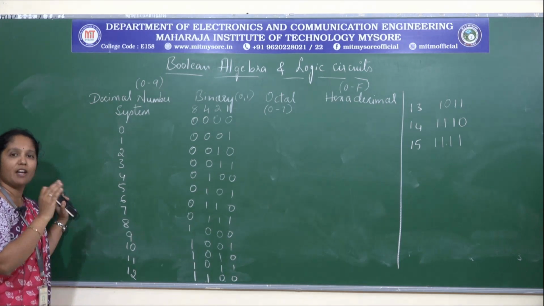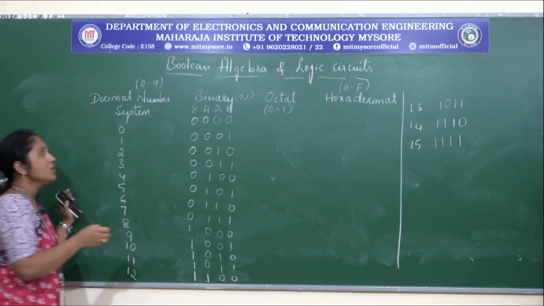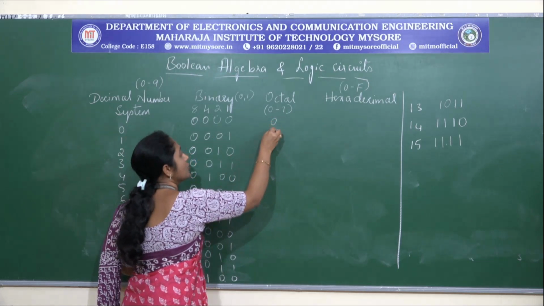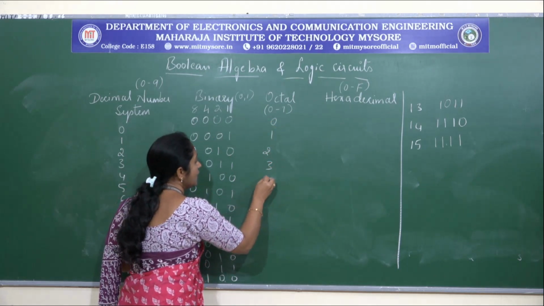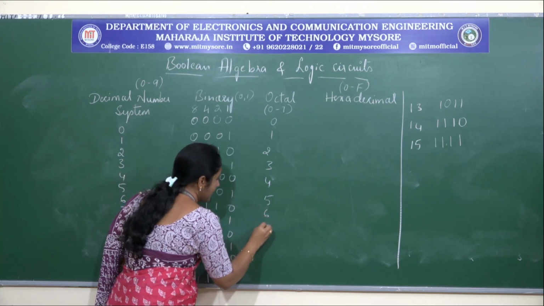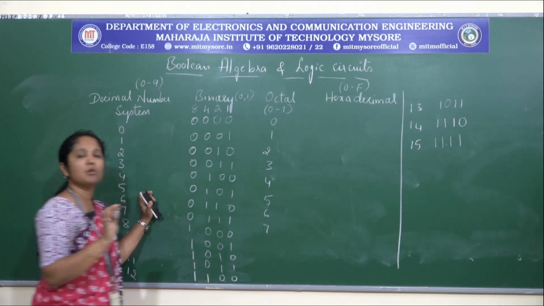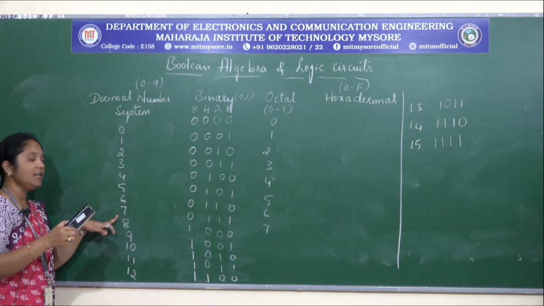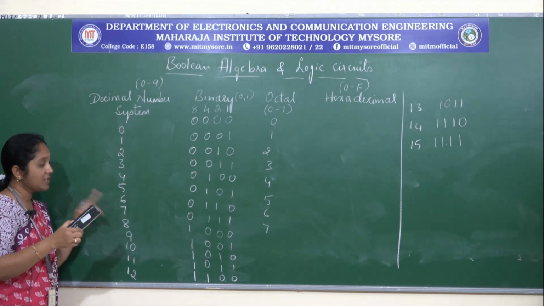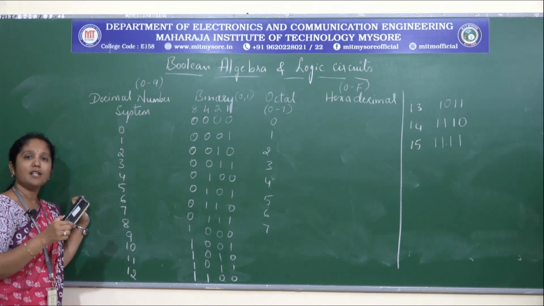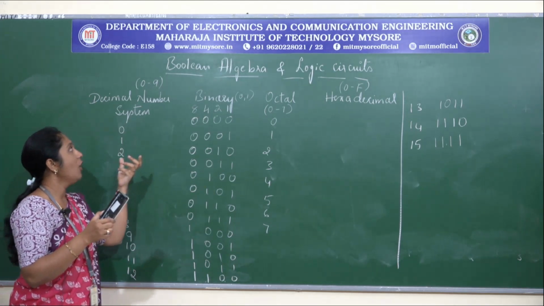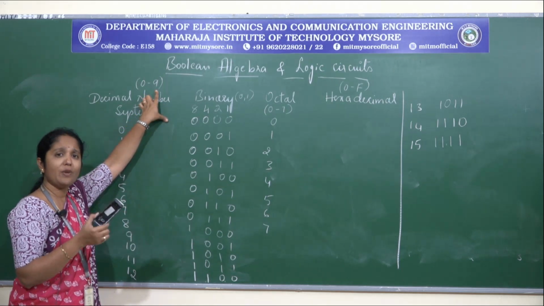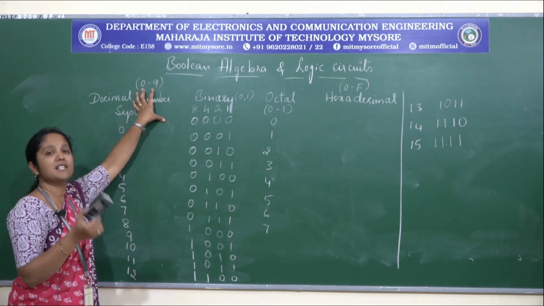So we need to be careful while writing the number. In octal representation, how do we write? We write 0, 1, 2, 3, 4, 5, 6, 7. Up to 7 you need not worry. You just write as we write in the decimal number system. But 8: how do we write a number after 9? We write the number as 1 0, that is 10,